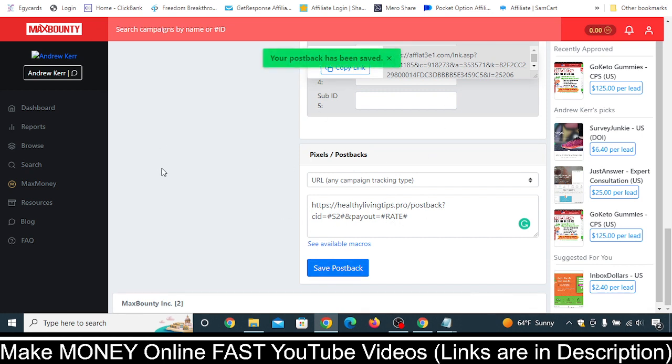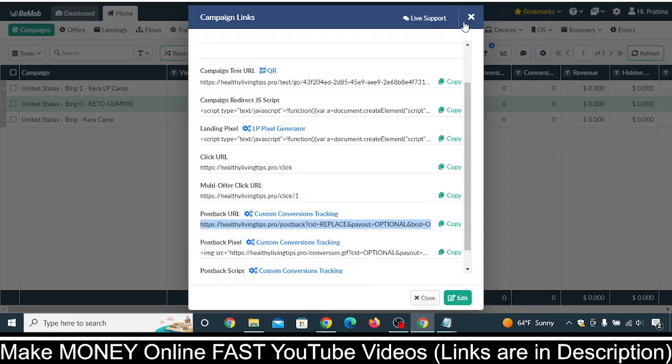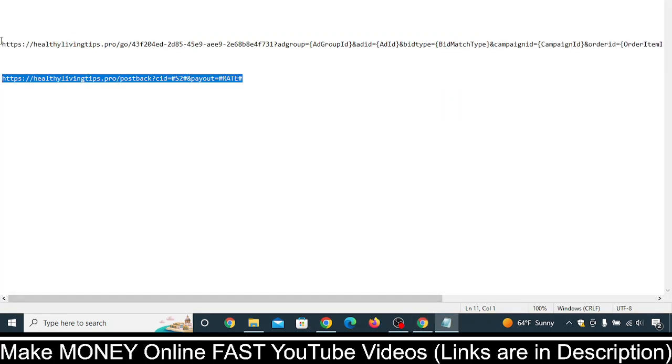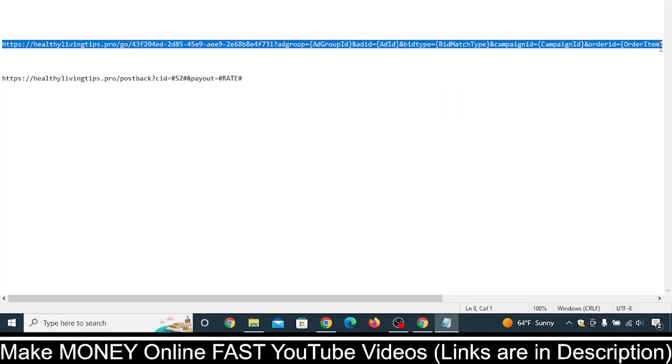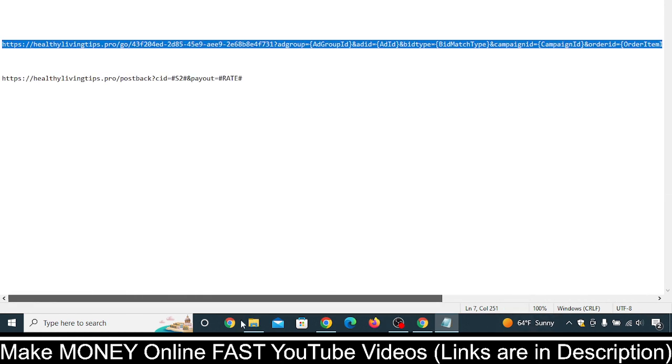This much you need to do so that MaxBounty can send the information to BeMob, and everything will be tracked properly on BeMob. So now again go to our notepad and copy this link. Now we need to get our final URL, okay, for this campaign,